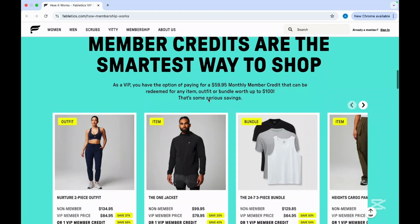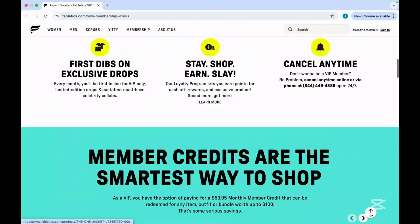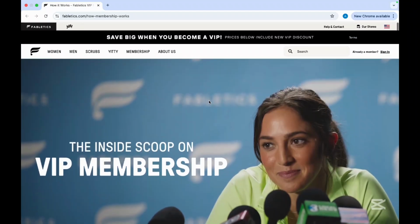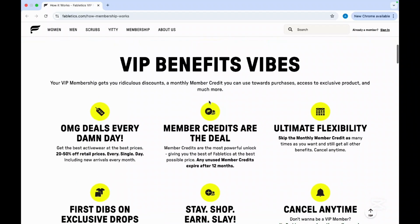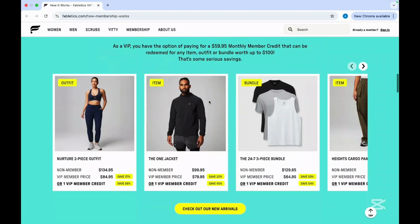Now, another VIP perk is you can enjoy discounts of about 20 to 50% off retail prices on any items, early access to new arrivals, limited edition collections, and celebrity collaborations, and also free shipping on orders over $49.95. So basically, the Fabletics VIP membership is worthwhile if you regularly purchase activewear and want to save money, appreciate